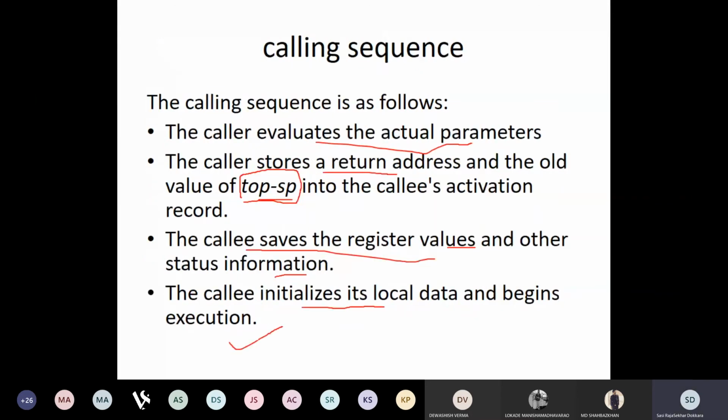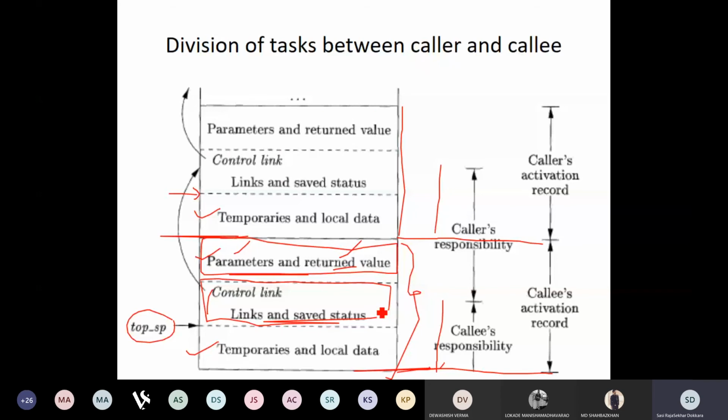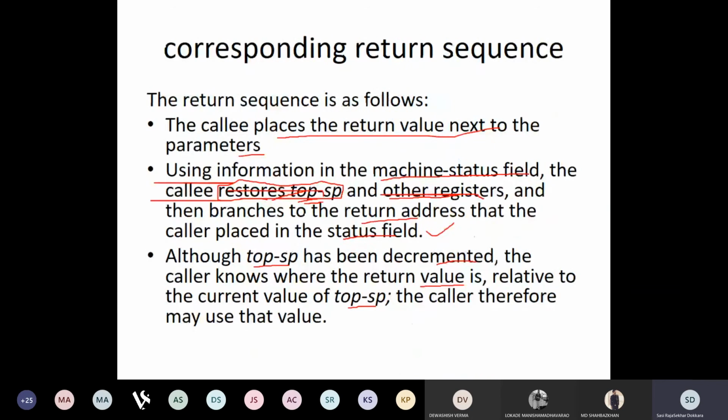For example, the caller returns to the return address, let us say somewhere here. Now the top of the stack pointer should be placed here, because as we have discussed already, the top of the stack pointer is going to exist after the fixed elements. So the caller is going to place it appropriately and then start using it.